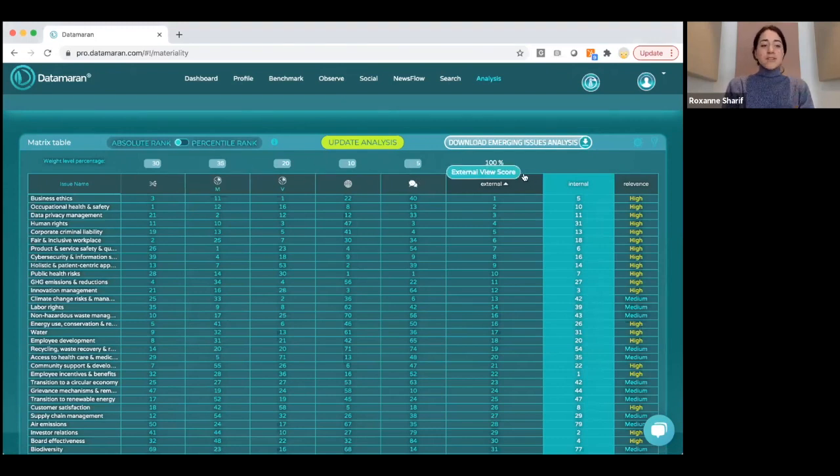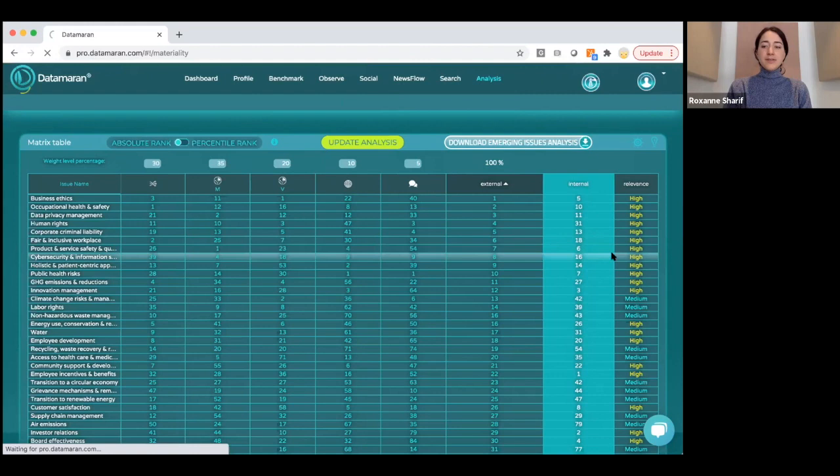So now you want to manage the issue, right? So you want to develop a strategy around what you'll do to manage this issue, develop metrics around it. So perhaps we find an issue where there's some alignment between the two perspectives. So product and service safety and quality ranked number 7 according to this external score, and then ranked as number 6 in those financial disclosures. So if I click on the issue,